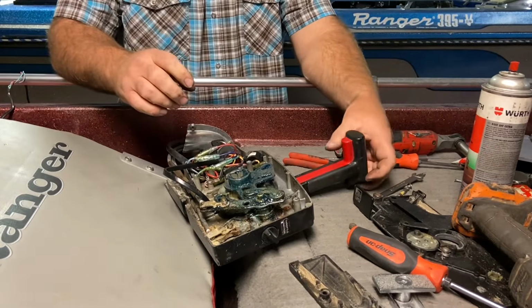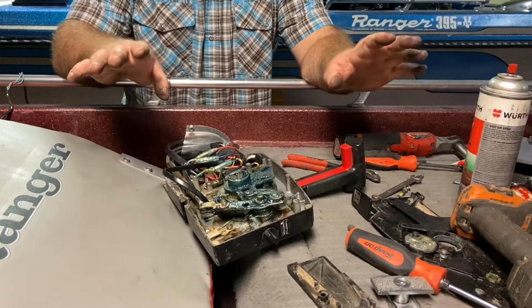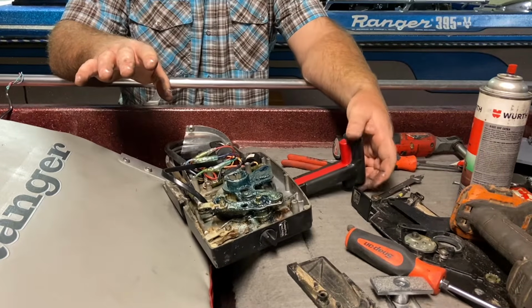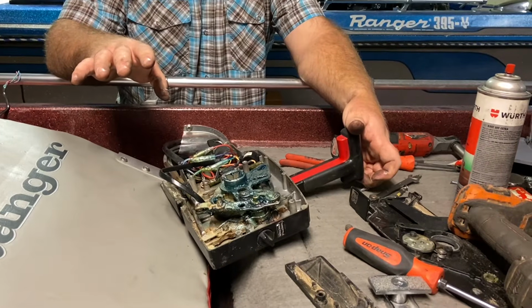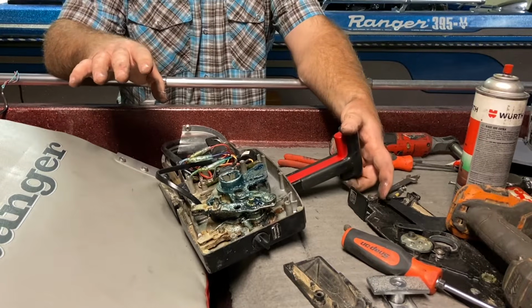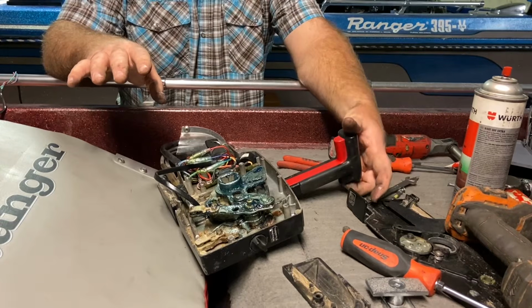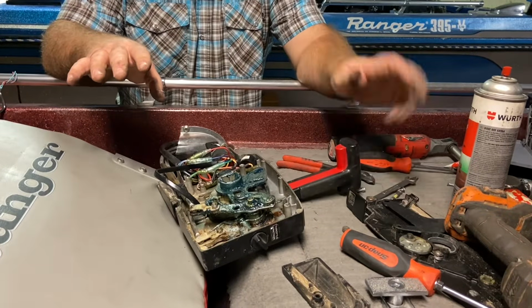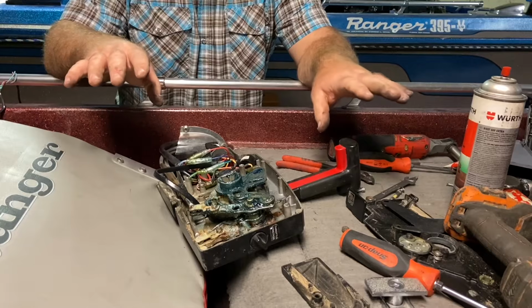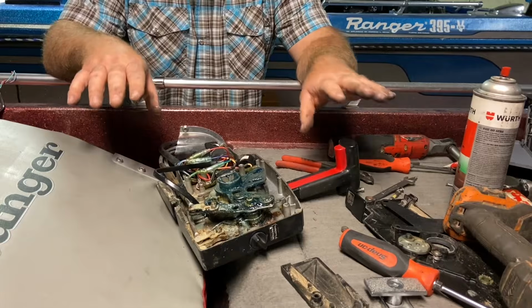It's good. Now, before I put everything back together, I want to give it a test and make sure that it's working. So we're going to try our trim up. Much better. So now our trim up, trim down is working. And so now I just need to get this